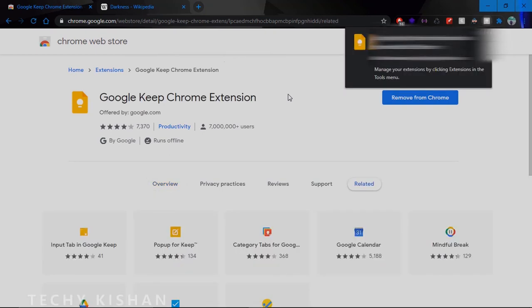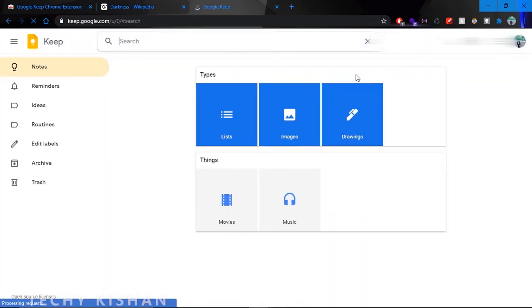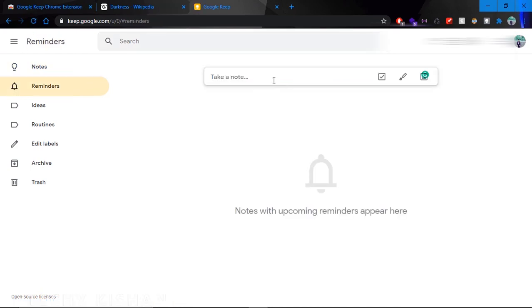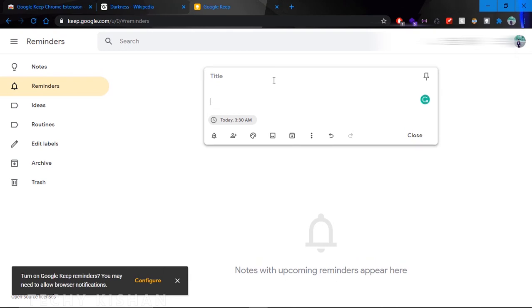After adding it to Chrome, you just have to right click on it and go to Keep, just like I'm doing it. After opening Keep, you can see your to-do list and notes, and you can also add reminders to your Google Keep. If you want to add a reminder, just do it like this, which I'm doing now. And after adding your reminder, you just have to click enter to save it.